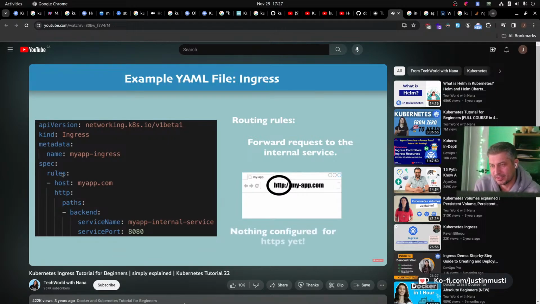Right now in the specification, we don't have anything configured for a secure